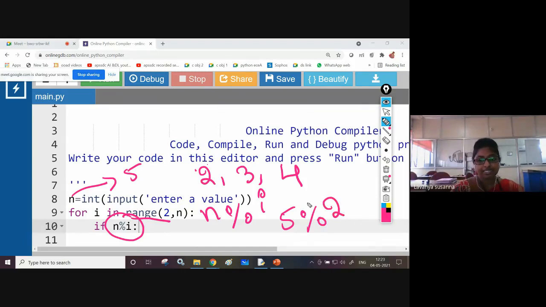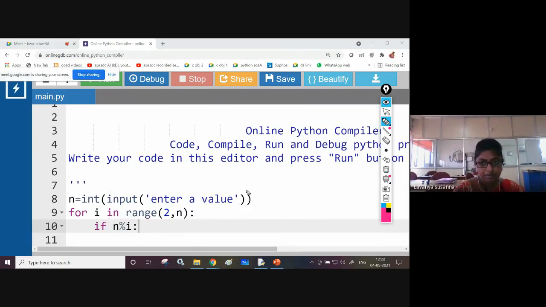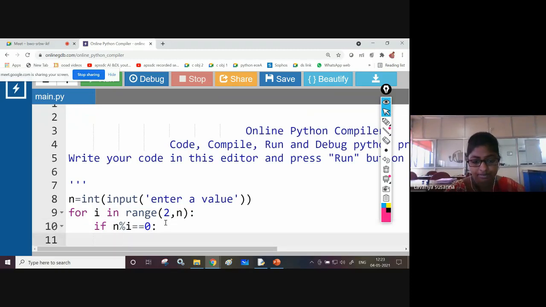Percent means modulus, remainder; you are finding the remainder. If the remainder is equal to 0, then it is divisible by 2, right? Now you need to see, equal to 0, break. Okay, break.